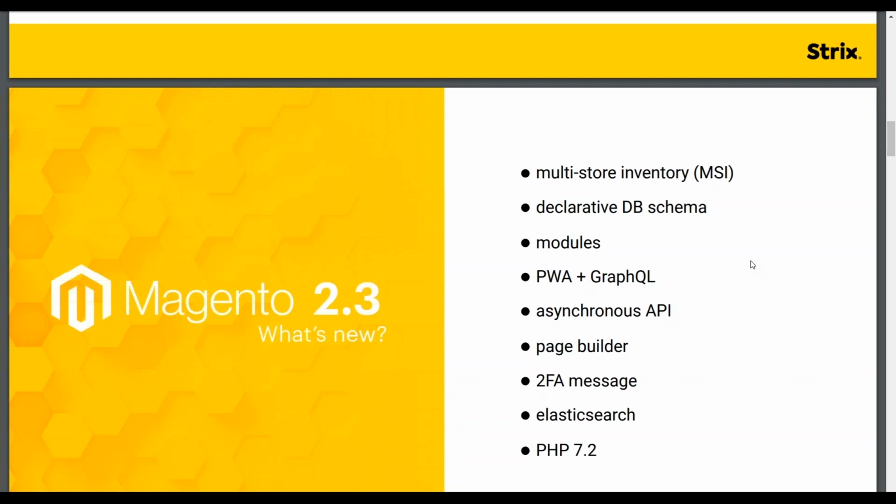And the next cool feature is asynchronous API. So, what does it mean? It means that from now, the Web API allows you to execute API calls asynchronously. So you don't need to change the current implementation if you use the Magento API. You can add a simple async in your URL, and that's all. It's very simple. Behind this, there's a message queue,